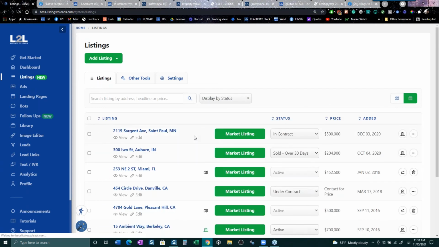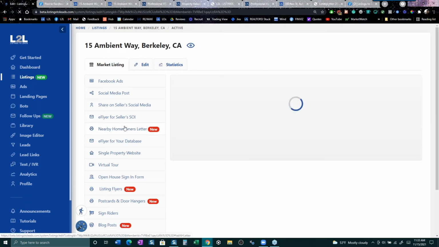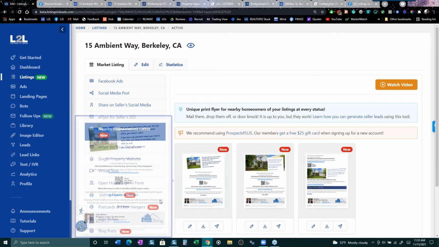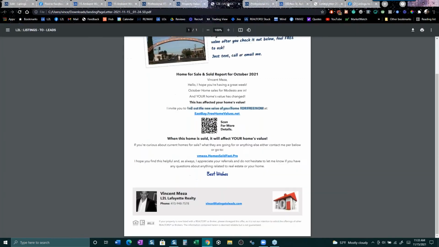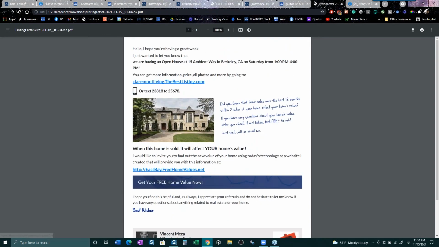We have a flyer. Now, I talked about the nearby homeowner flyer, right? So let's just go look at the nearby homeowner letter. And this is for an open house, okay? So I think I've got one open right here. Oh, that's a landing page. That's for a home valuation link. So this one here, if I click this here,